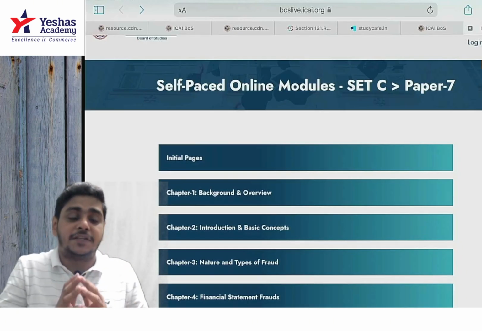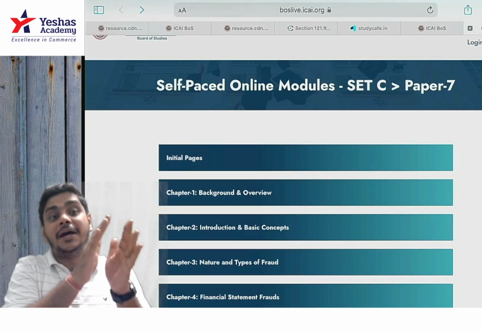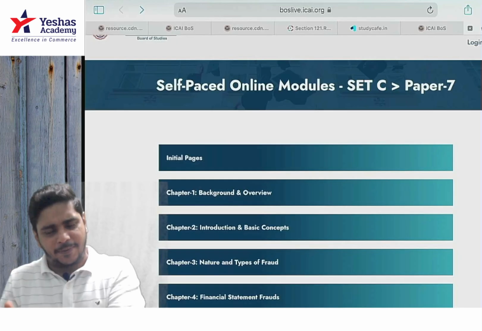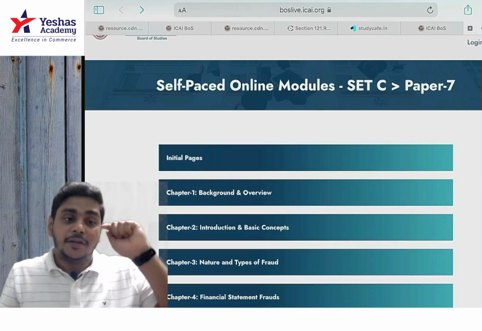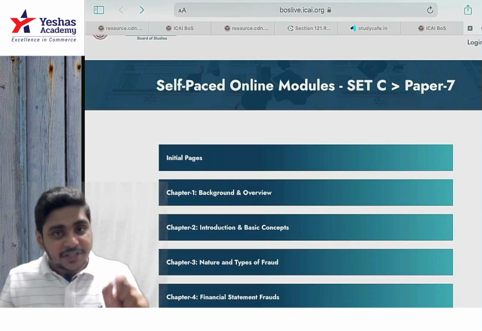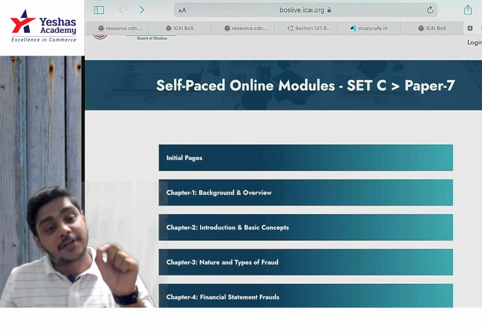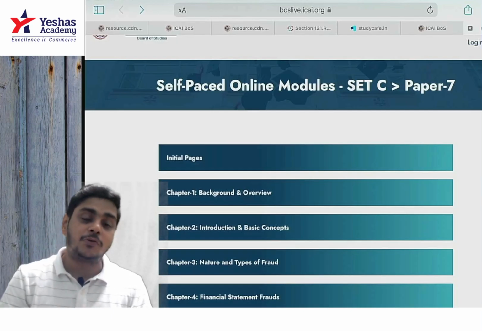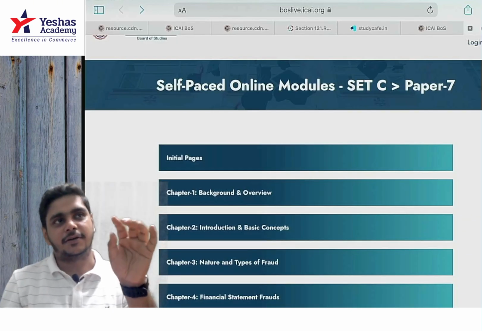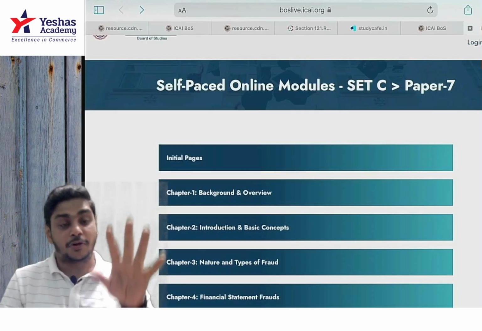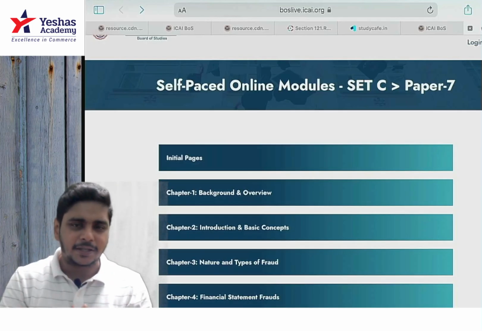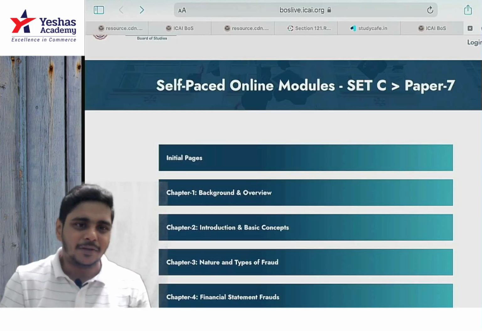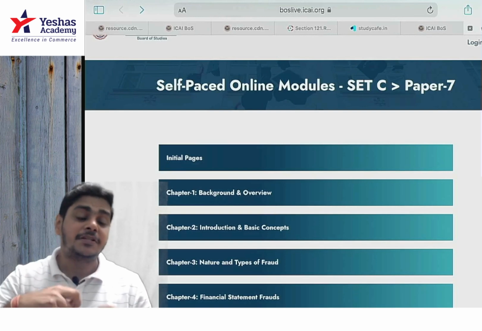Here, the approach of CA final audit, that's paper number 3 regular, and paper number 7, so for set C I have selected paper number 7, the approach will be different. There in paper number 3 you have to understand, plus you have to mug up, plus you have to write also. It's a theory paper, right? Here in paper number 7 you just have to understand. Acha sir, this means this, okay, that's it. You don't have to mug up anything, you don't have to write anything, because it is basically an MCQ based exam. So here understanding plays a very crucial role.